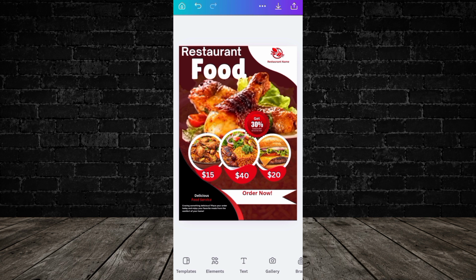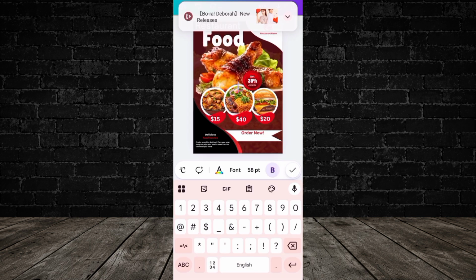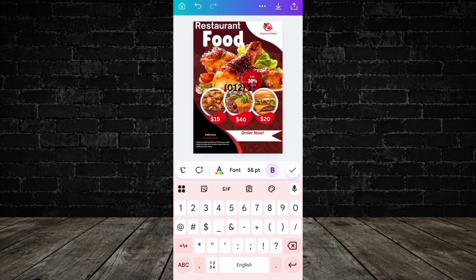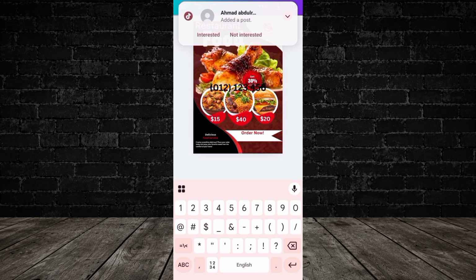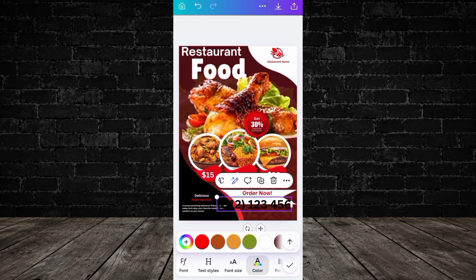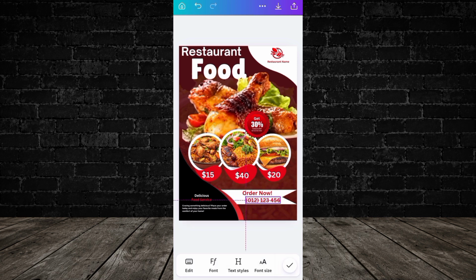The next thing, go to your text again. So you click on your text again, and you'll be typing your number, the number you are using. You can type it, but for example, I will just be using random number 1 2 3 4 5 6. So I'll just use random number. Yes, for your own, you can put your own number you are using so that they will call you. I want to buy this thing, you know. As for me, I'm just using to teach people how to know how to design. So just put it beside here